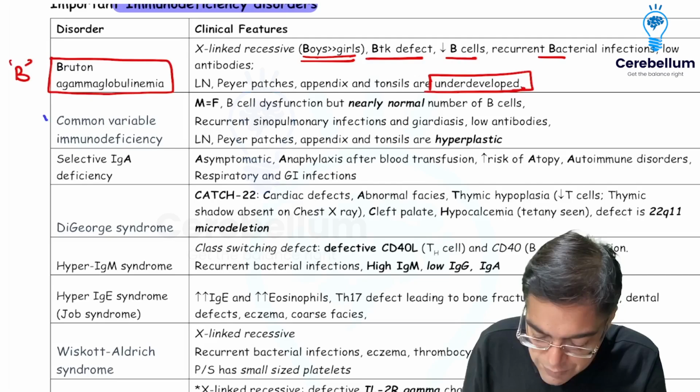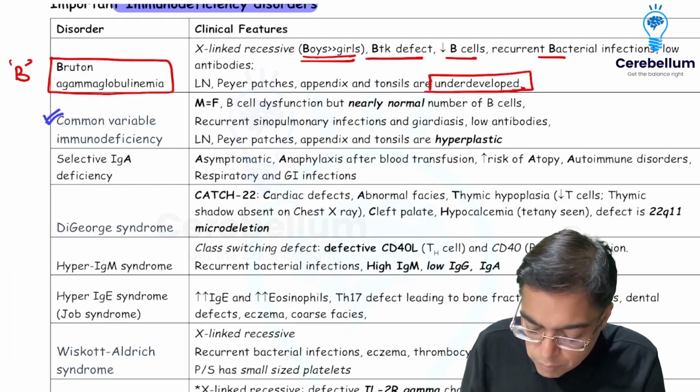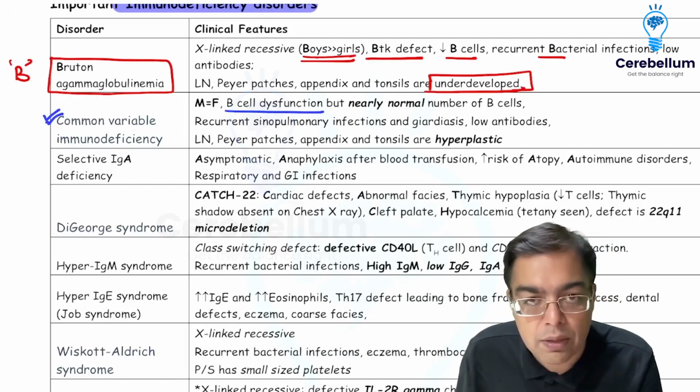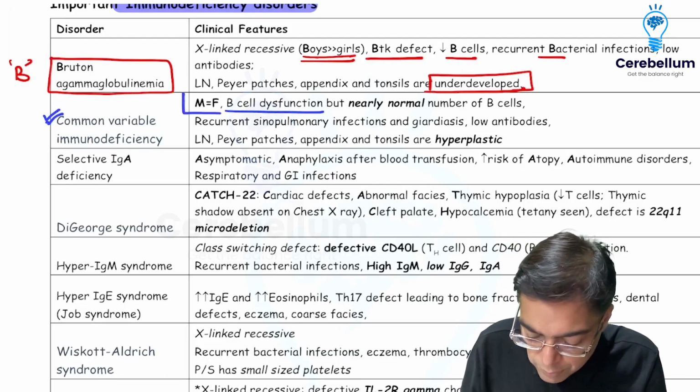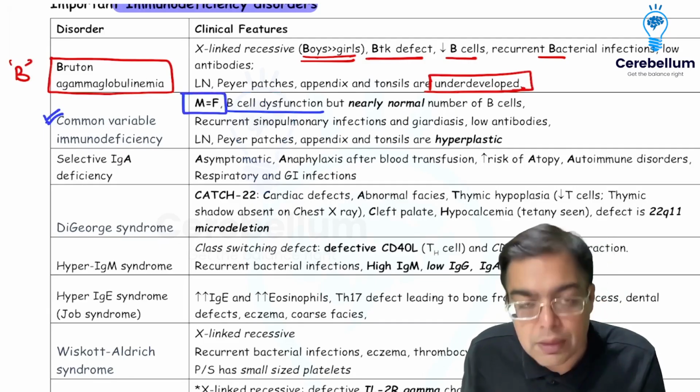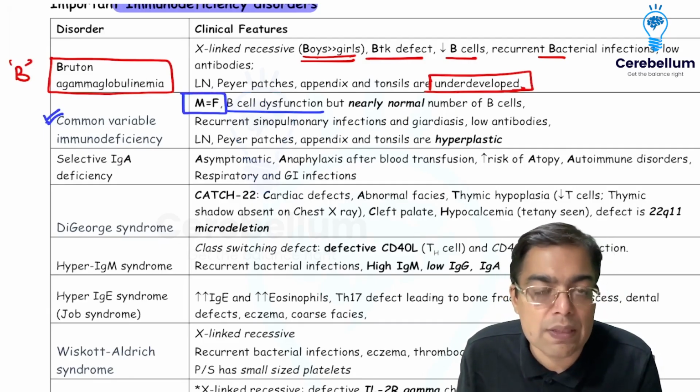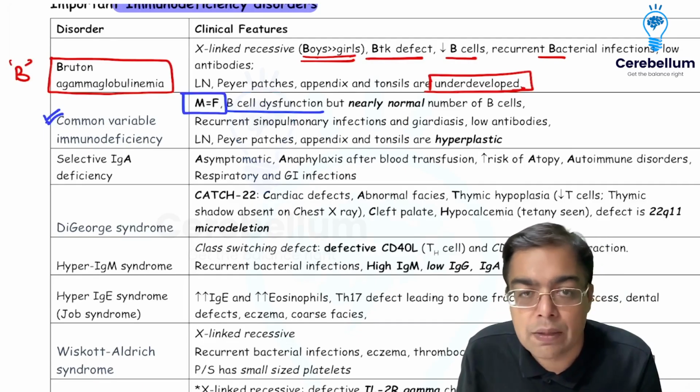atrophy or underdevelopment of the organs associated with the B cells. When we talk about the condition given the name CVID, it's again a problem of B cells. It's a B cell dysfunction. But the number of B cells is nearly normal, and it is not going to differentiate between males and females. Even though there is going to be a B cell dysfunction resulting in the development of recurrent infections, but the important